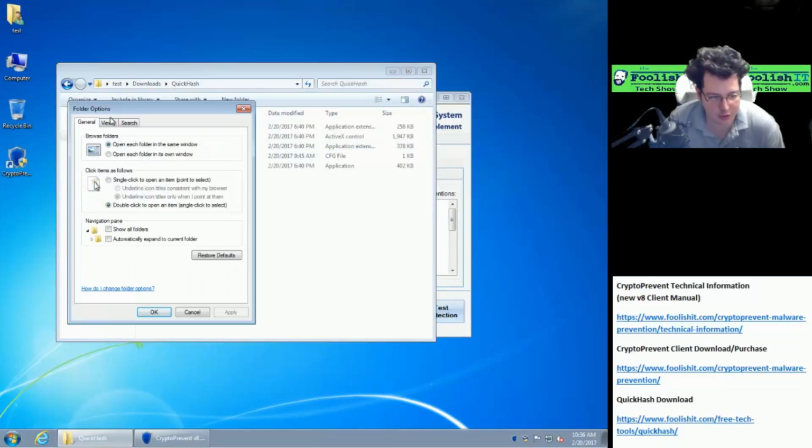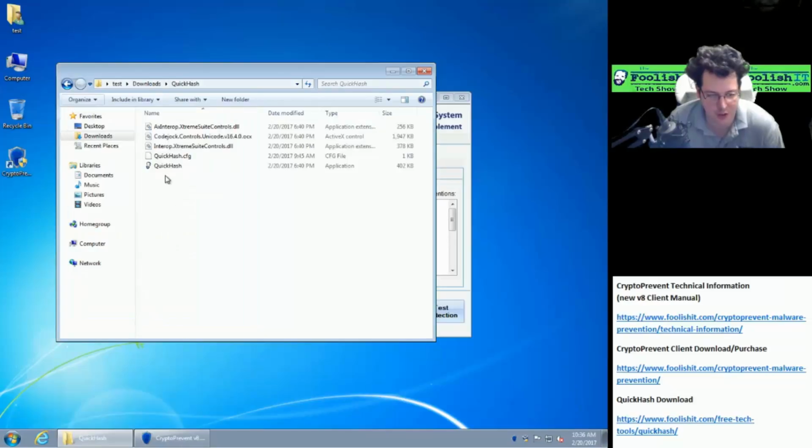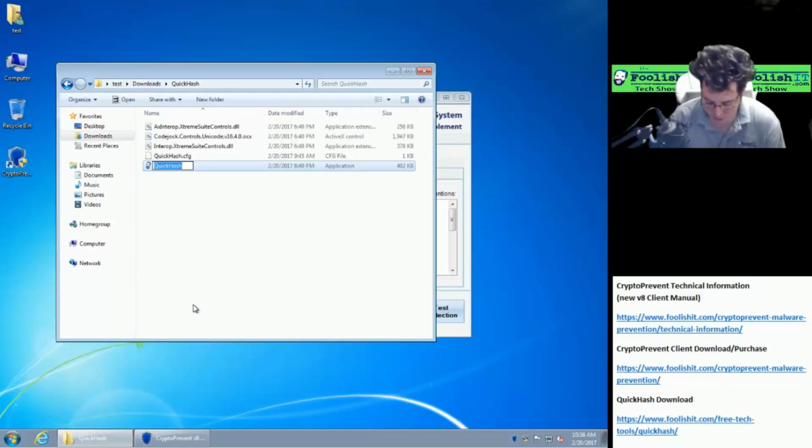And let me make sure that the default setting is set here. So by default, Windows hides the extensions for known file types. So you can see how that exe disappeared here, and now we just have QuickHash. Well, the double file extensions protects against this option. So the end user sees this and they think that is a QuickHash PDF. So they would just double click on that thinking it's going to open up a PDF file, when in actuality,